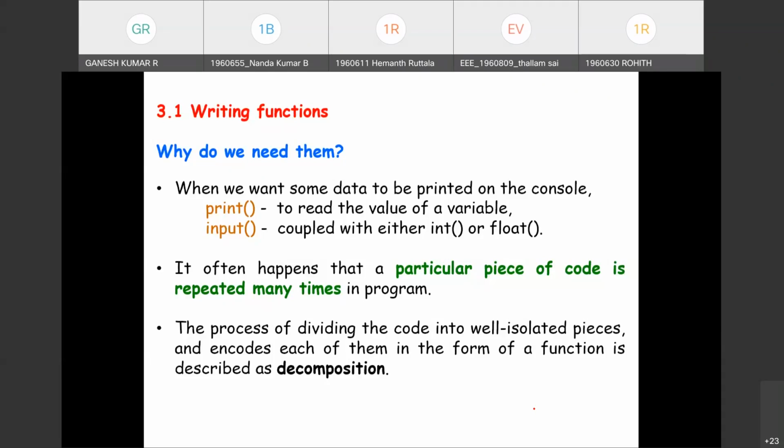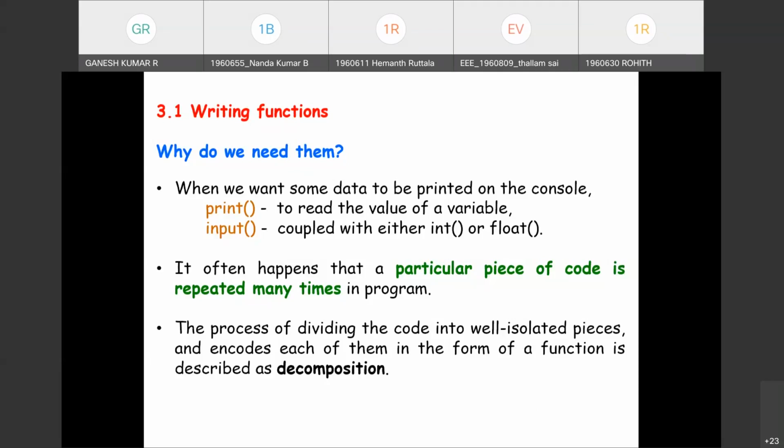The concept is applied when the complete application is divided, partitioned into well isolated pieces, and each of them is solved independently. Fine. So developing, debugging, and checking the results. Finally, they are merged together, integrated to get a collective output. Fine. So this is the concept of functions.